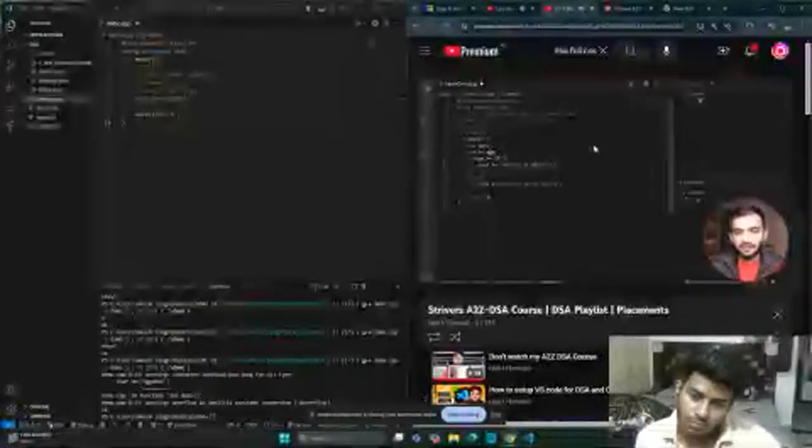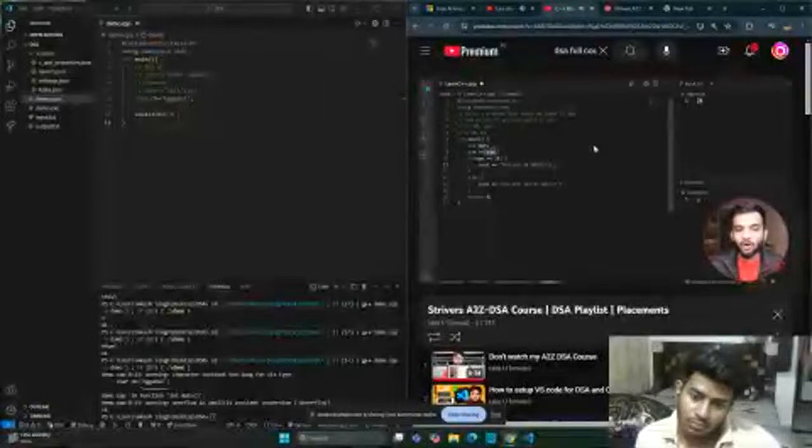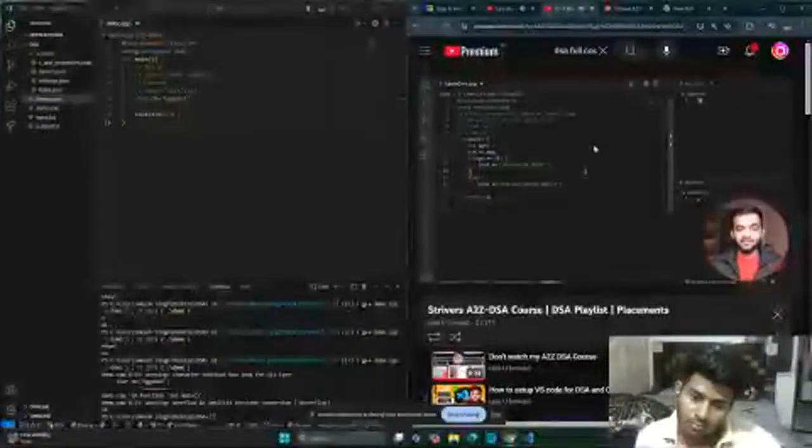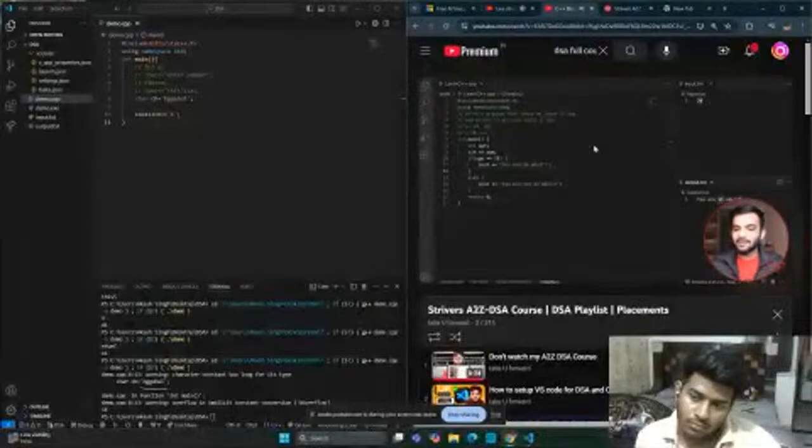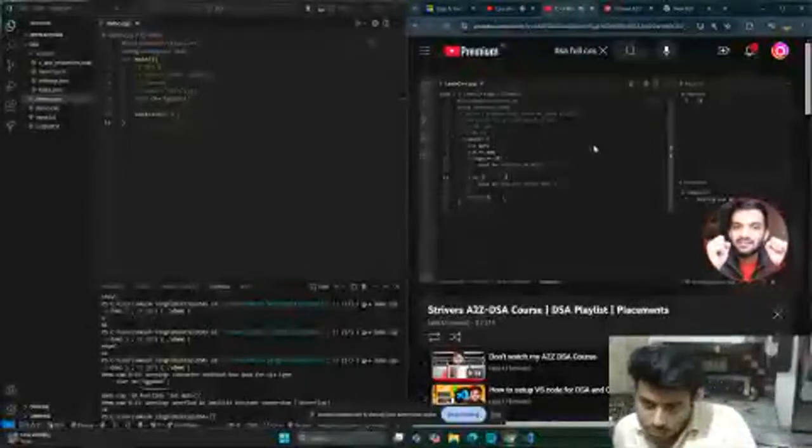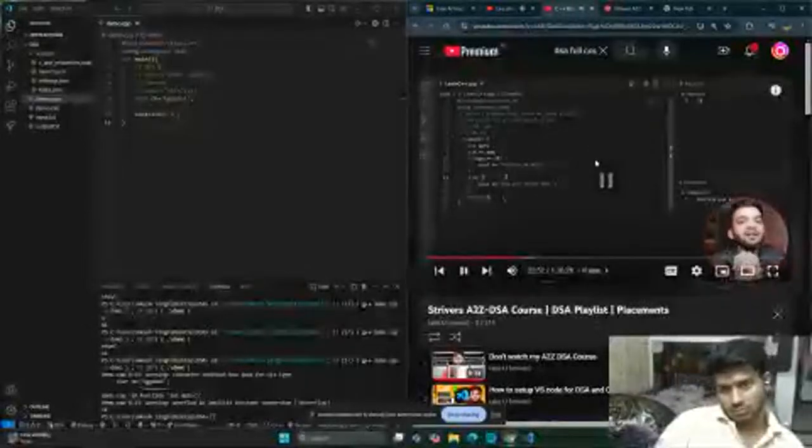So basically, the first line says 20 will go into age. Then it will check whether 20 is greater than or equal to 18. Yes. We'll go inside this and print this. Let's run this and see what happens. So I'm taking 20. Yes, you are an adult. If I take 15, what will happen? It will say you are not an adult. Simple. Now, this is the basic if